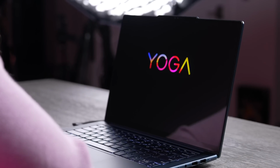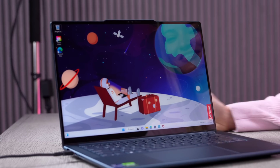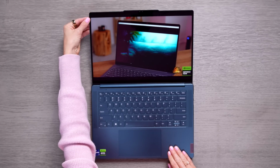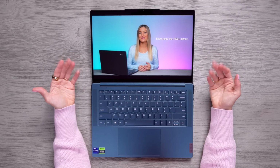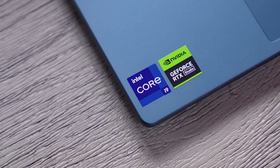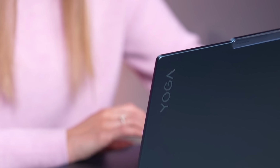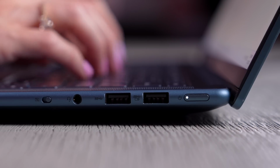The first thing you'll notice is how awesome this display is. It's 3K with 165 Hz adaptive refresh rate that gives you sharp, smooth, and high-end color reproduction and accuracy. This is so great for not only watching content on, but if you're working in a field where colors matter, this is key. It's powered by a 13th generation Intel Core i9 processor, up to 64 gigs of RAM, and 1 terabyte of storage. It also has a 75 watt-hour battery with rapid charge and an NVIDIA 4070 for powerful